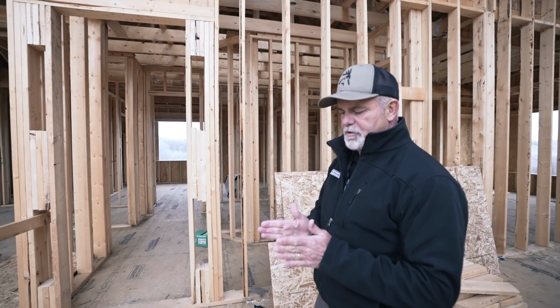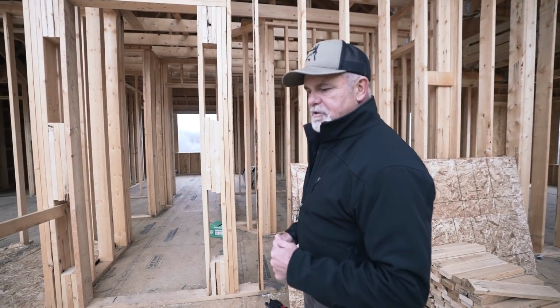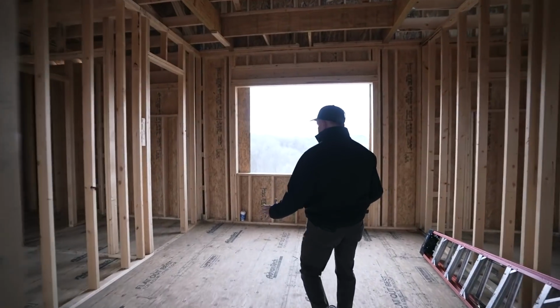We're really picky on our pocket doors. We do a 2x6 wall. Most pocket doors are 2x4. I want to go take a look and see if they saw my notes and made any changes. So this pocket door,